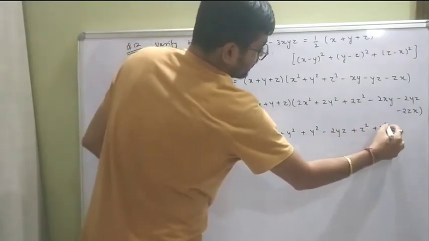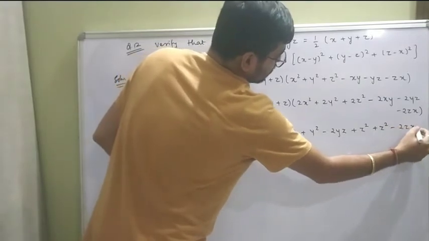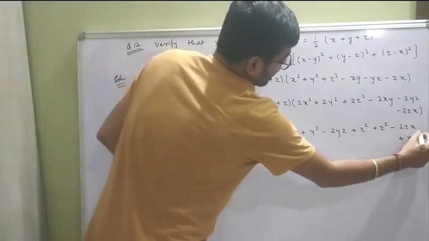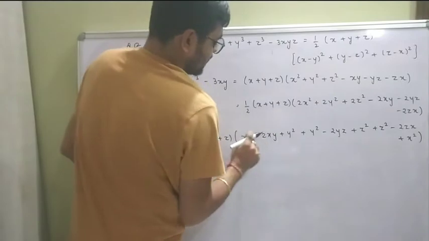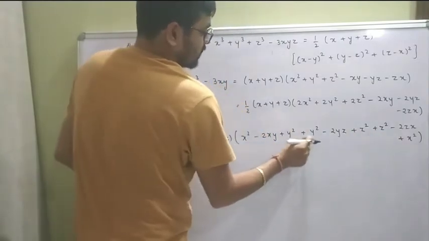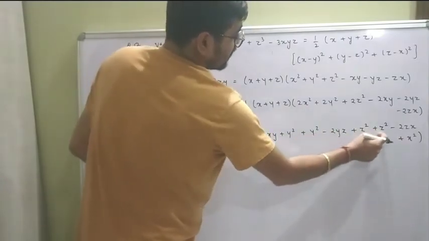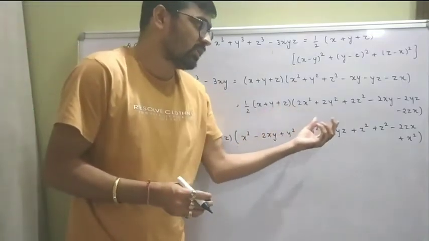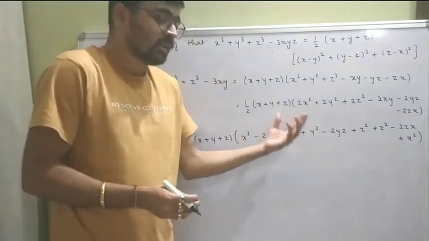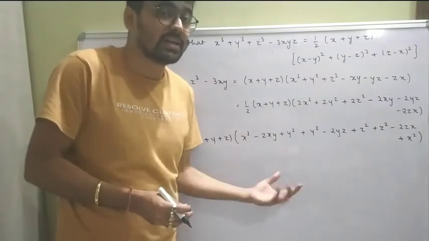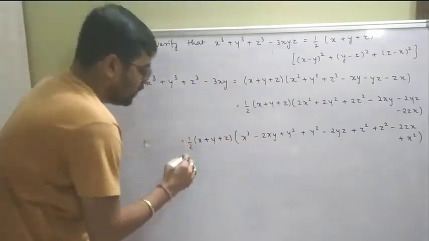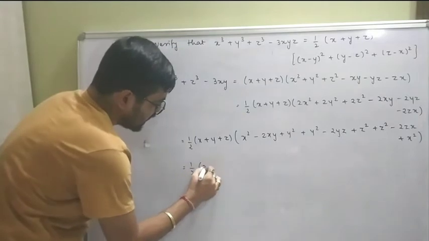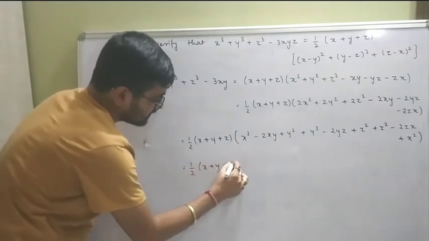One z square left, z square minus 2zx, और एक x स्क्वायर बचा था वो हमने यहाँ पे ले लिया. See, x square plus x square, 2x square, y square plus y square, 2y square, z square plus z square, 2z square. So I have separated this x square, y square, z square in such a way that I get one of the identities. Correct? Now if you observe very very carefully, तो हमारा आंसर आ गया.